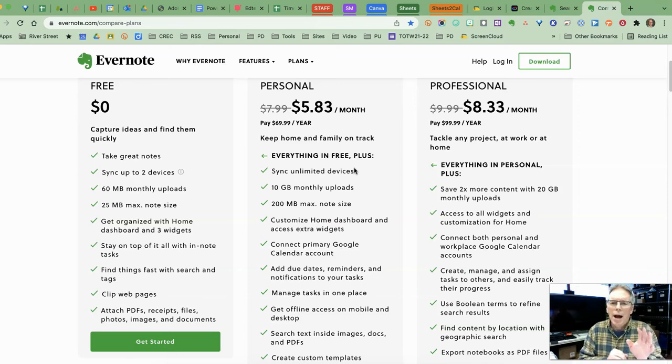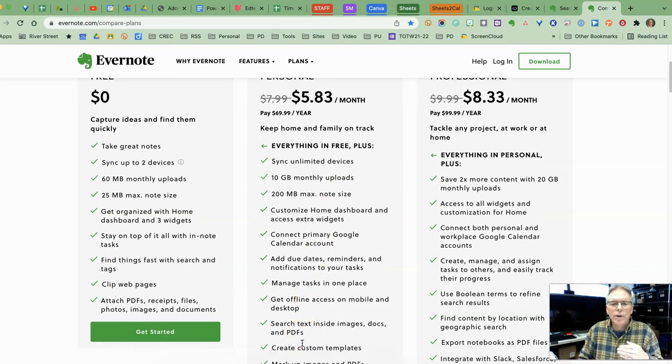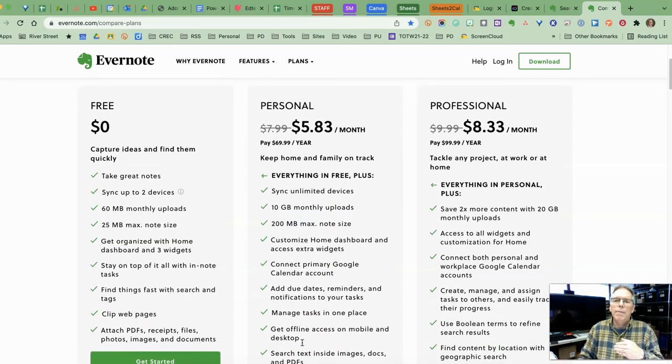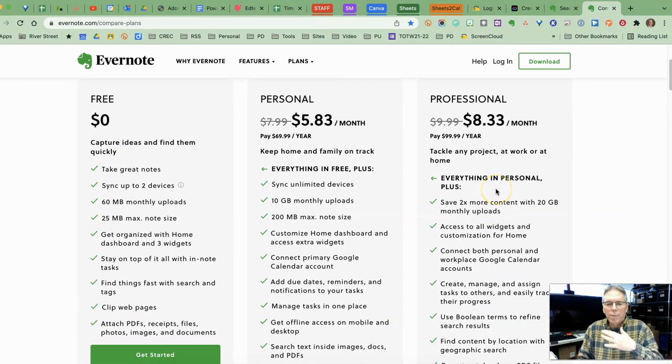Other than that, I'm going to guess most people probably do not need the additional features that it's going to add here, because those aren't things that you're going to use that often. I certainly would not need to move up to the professional level account. So for most people, the free account. If you do a lot of information, maybe the personal, but I'm going to tell you Evernote is very powerful. And if you want to learn how to use it really efficiently, I will be happy to help you work